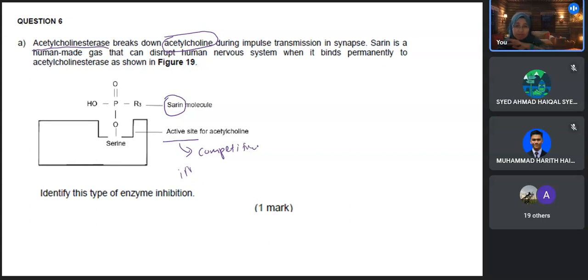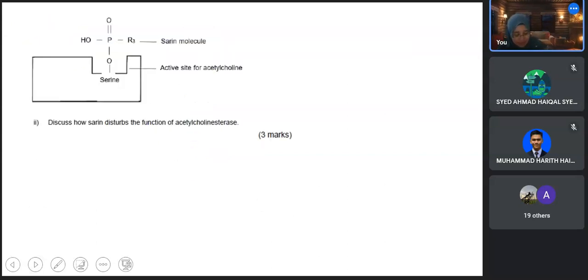But you do not want the transmission of impulse to occur continuously without stop. So to stop the transmission, you have to have this enzyme, to remove the neurotransmitter. But if you have serine, you cannot remove the neurotransmitter. Okay, so next question: discuss how serine disrupts the function of